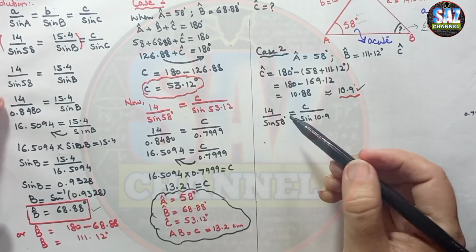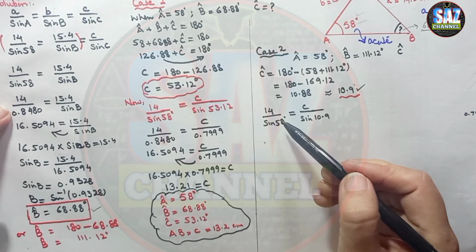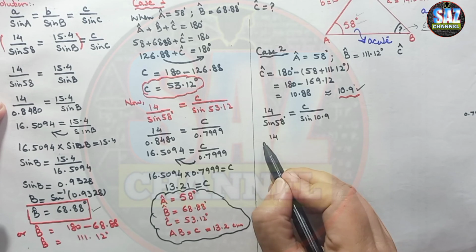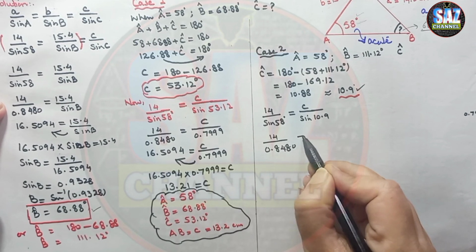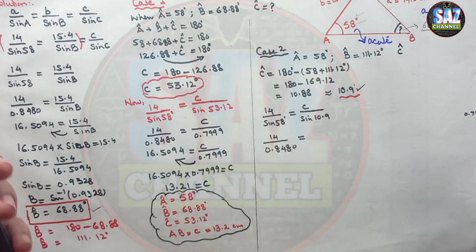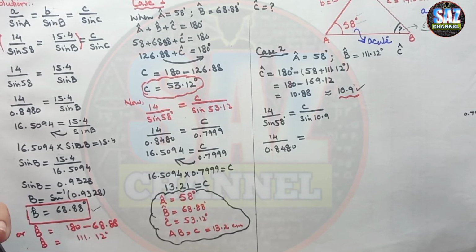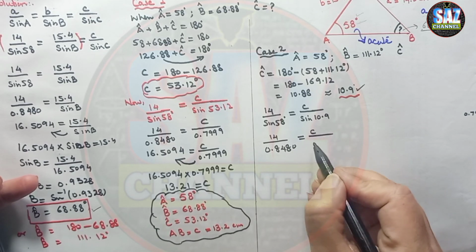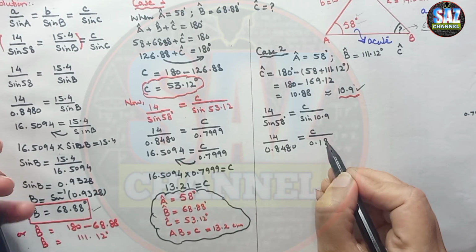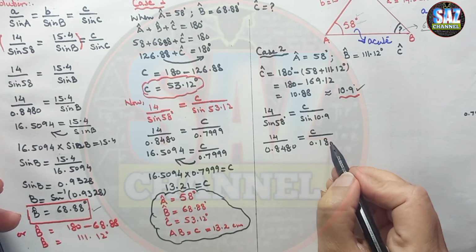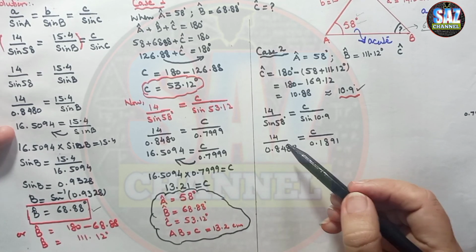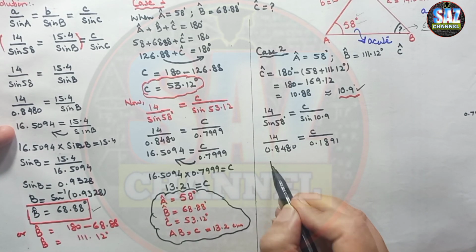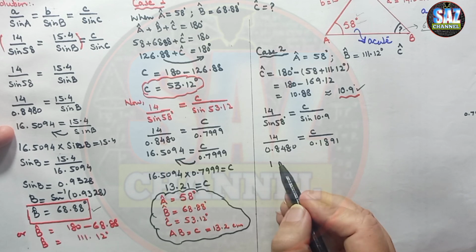Okay, now 14 upon sine 58 has a value which is already done in the starting part of the question, 0.8480 equals C upon sine 10.9, and this gives me C upon 0.1891. Now we can copy this value from the previous part, that 14 upon 0.8480 gives me